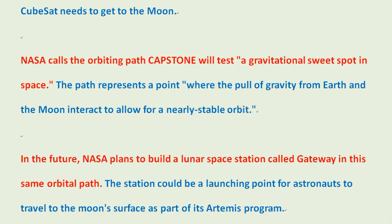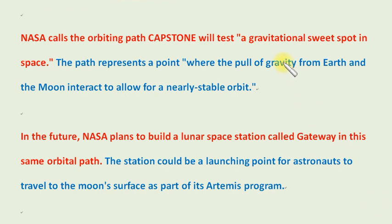NASA calls the orbiting path Capstone will test a gravitational sweet spot in space. The path represents a point where the pull of gravity from Earth and the moon interact to allow for a nearly stable orbit. In the future, NASA plans to build a lunar space station called Gateway in this same orbital